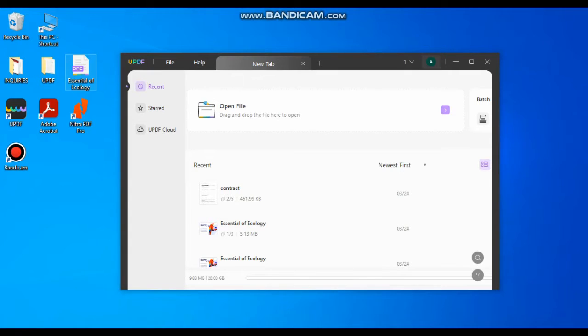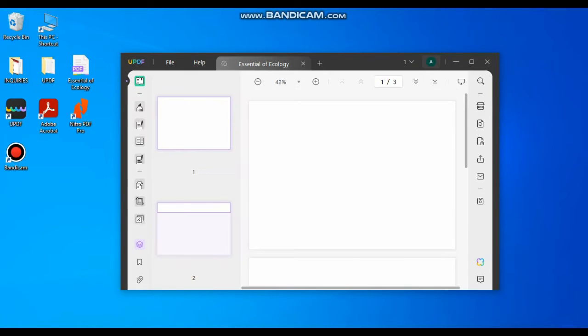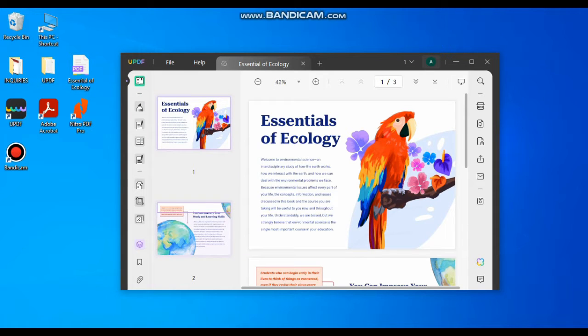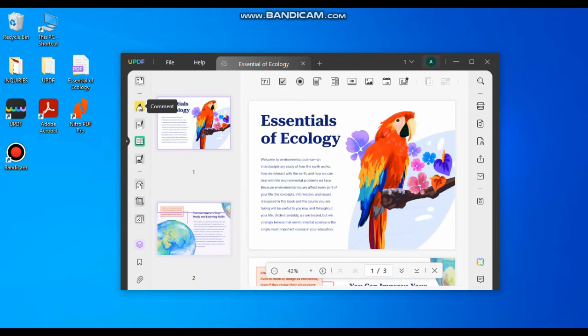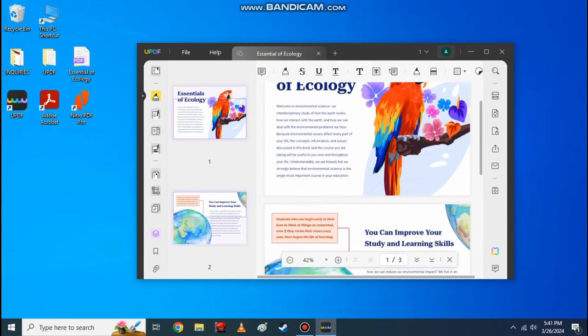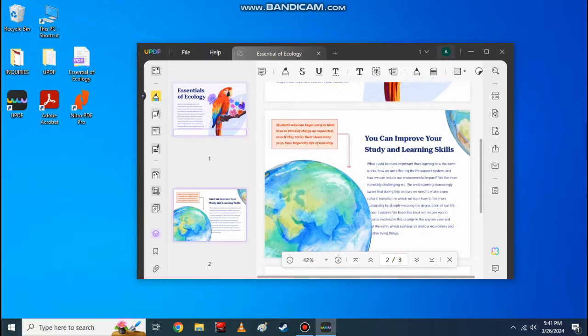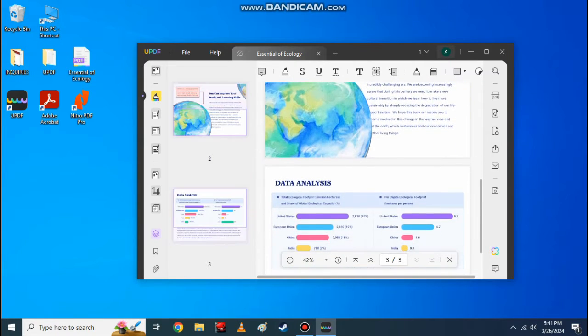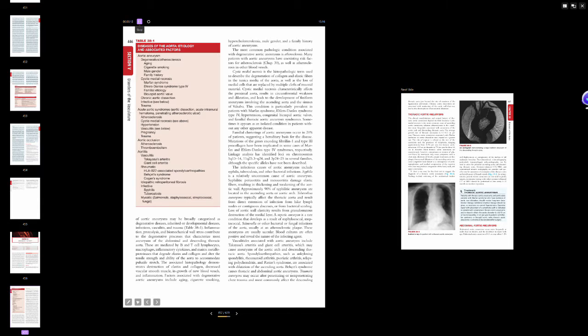Okay, let's do a quick recap of some of the basic features of UPDF to show you how easy it is to use. So if you want to edit a file, all you have to do is to drag and drop it here, and you can now start editing right away. That's how simple it is. It has a user-friendly interface and an intuitive design, so it's not intimidating for first-time users. On here, you can see all the editing tools. And as you scroll down, you will see a page viewer that shows you exactly what part of the document you are viewing. You can also view PDFs as a slideshow, a feature that Adobe Acrobat currently lacks.